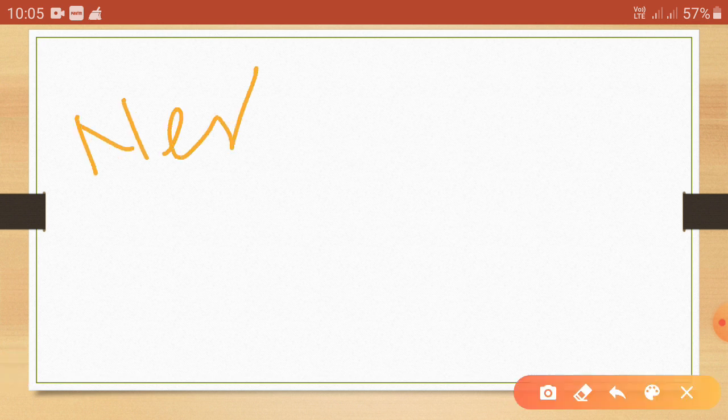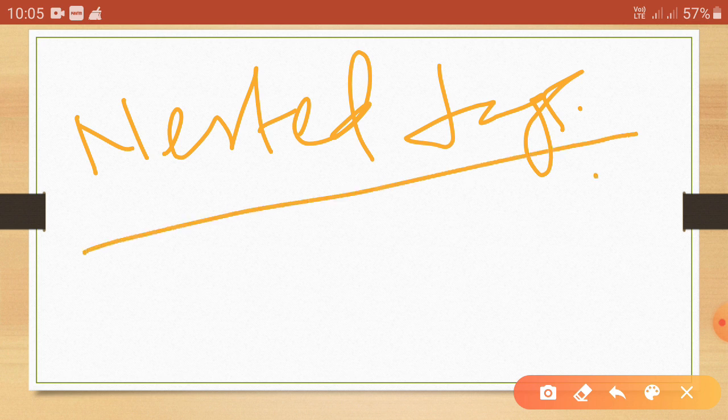So already we have learned about the features of tags, empty and non-empty tags. Next one is nested tags. What do you mean by nested tags? Actually, many times multiple tags are used in a document. Take an example.